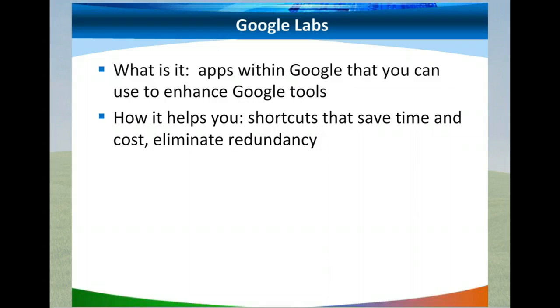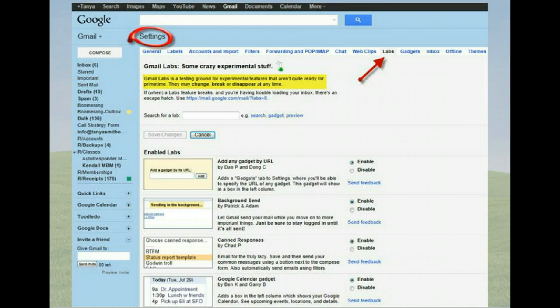Going back to do it once and be done, I'm going to show you how you can do that with one of my favorite Google Labs ever. Now, here's a picture of what the Google Labs tab looks like. What I highlighted here is an area that says Gmail Labs is a testing ground. This is their disclaimer that it's experimental in nature, meaning that these are applications that have not yet been promoted as 100% ready to go.